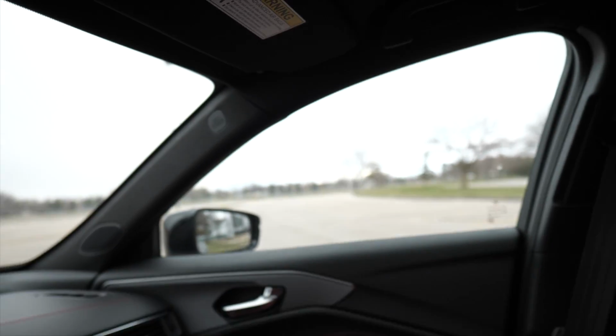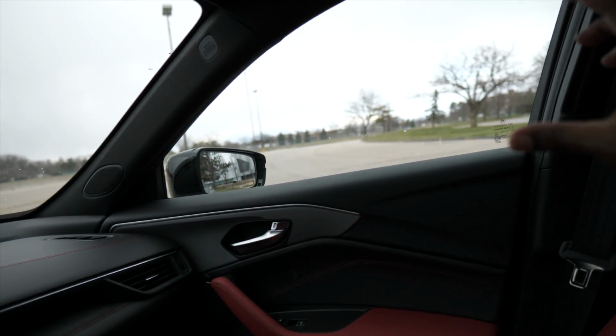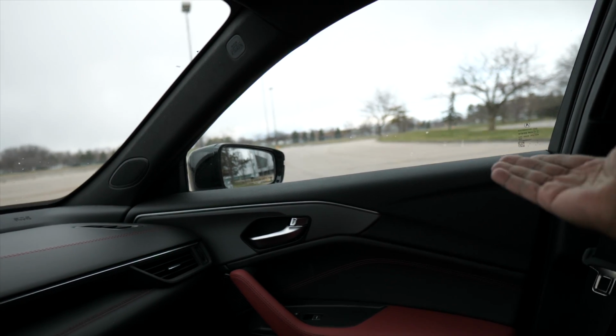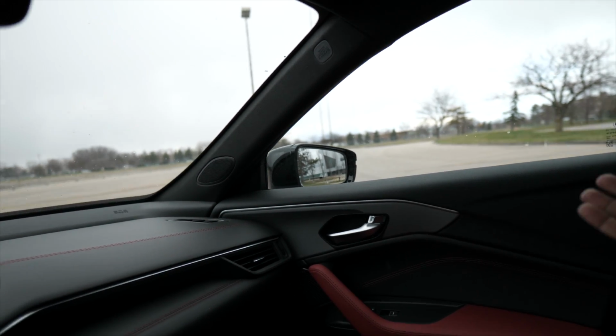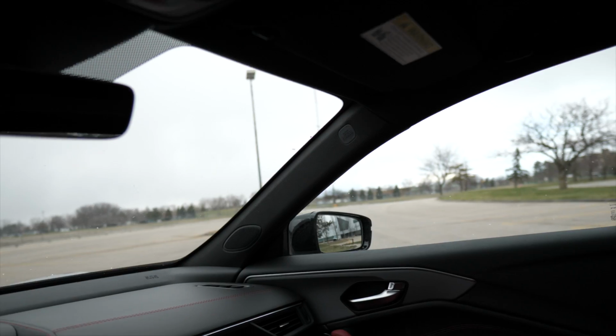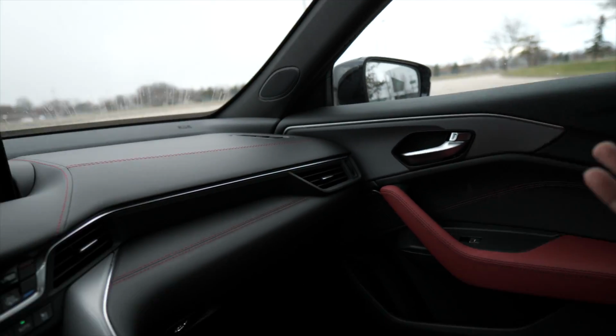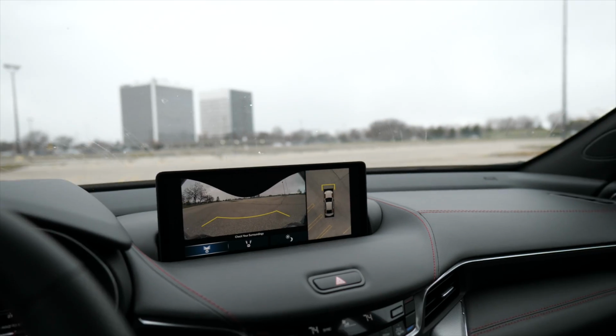Let some light in, because you do have a high belt line on these doors, so it's not going to let as much light in, just because there's less light to come in because the belt line is so high. If the windows were bigger, that would be better, but the sunroof is going to help that. It's going to seem like a brighter interior with the sunroof open. So like I said, it's kind of a little bit claustrophobic as we get snow out here this time of